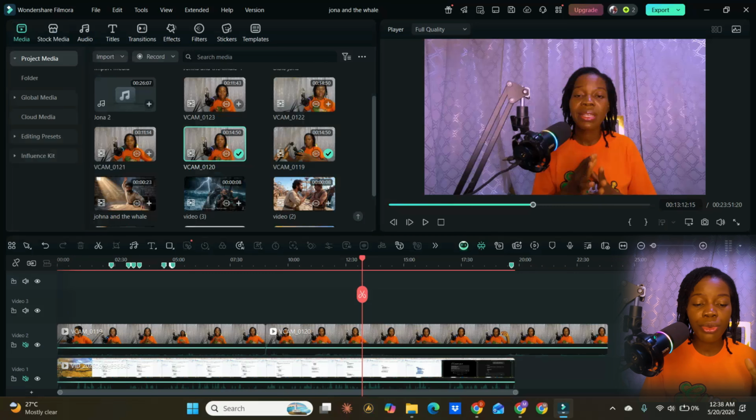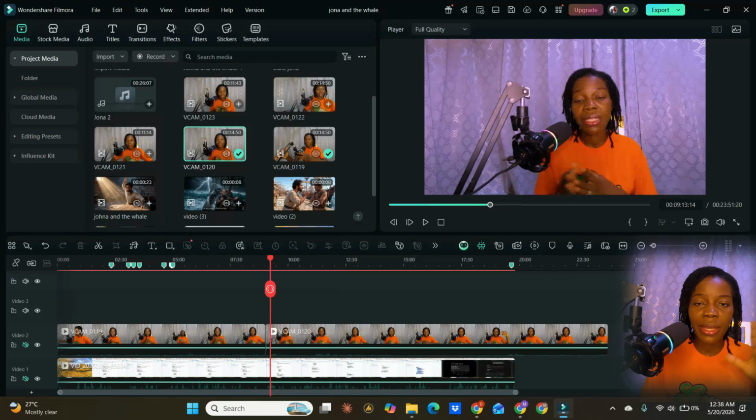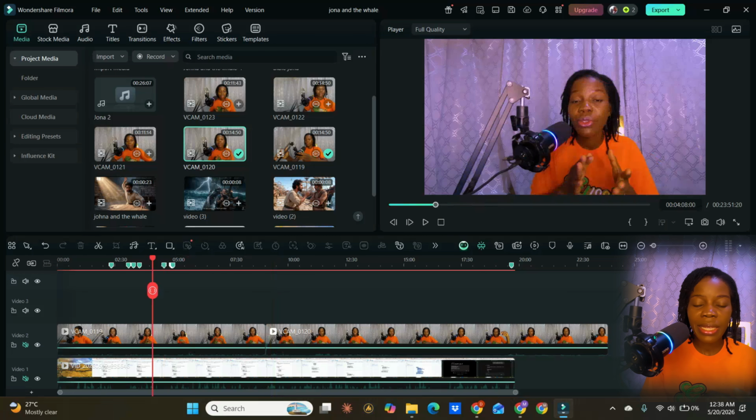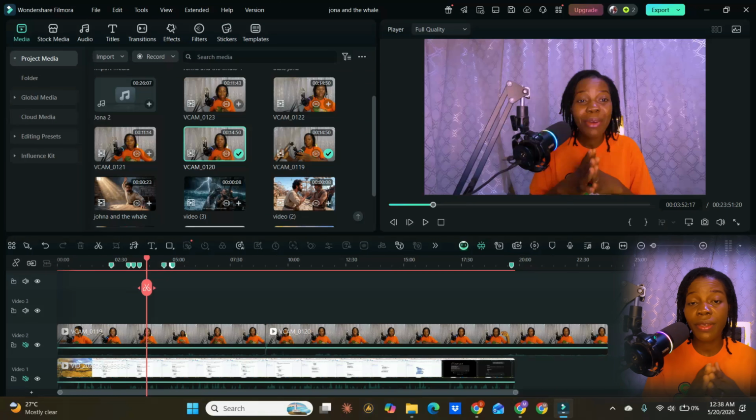If I need to improve on the lighting, I do that before I do the rest of the editing. Now the next thing I do is reduce the size of the video on the screen, because my tutorials need to appear, and you can see that's the tutorial. The middle part is the screen recording, and that's the main tutorial. So since I'm not the main focus and the focus is on the tutorial, what I do is that I